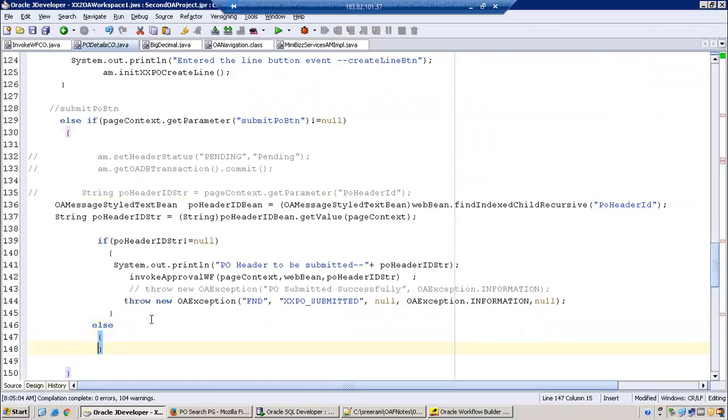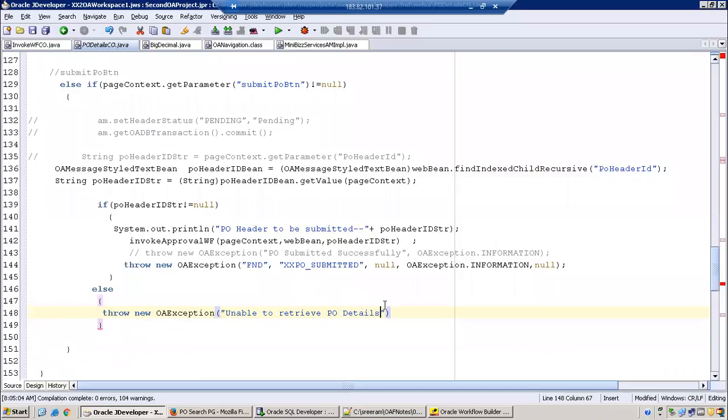So now what I'll say is, unable to retrieve PO details. We should have raised this exception in the process request also, when we don't get any PO header ID. We should have raised the exception there itself. These things you have to do when you perform unit testing appropriately. You have to be writing all these things.